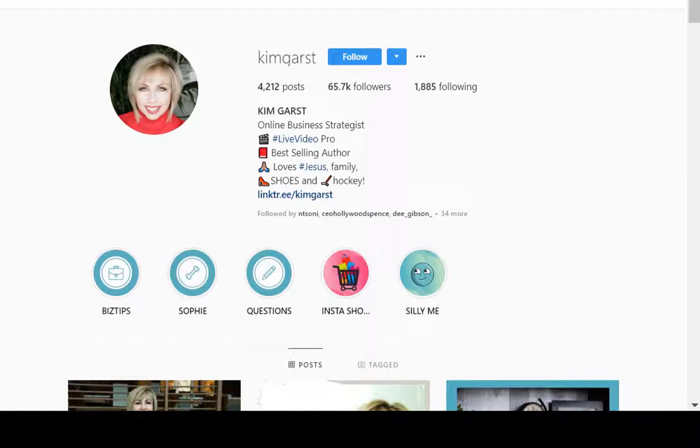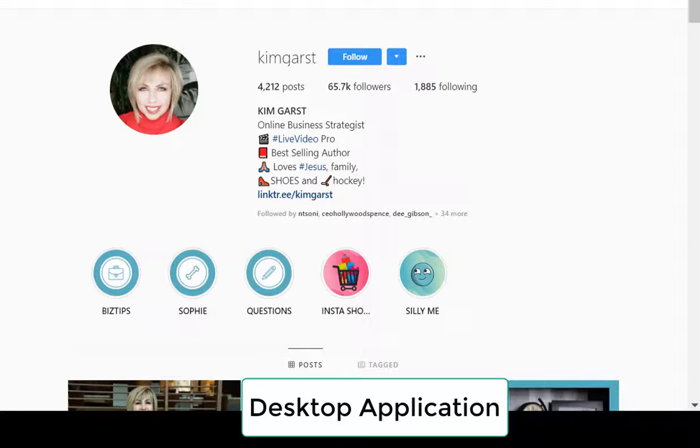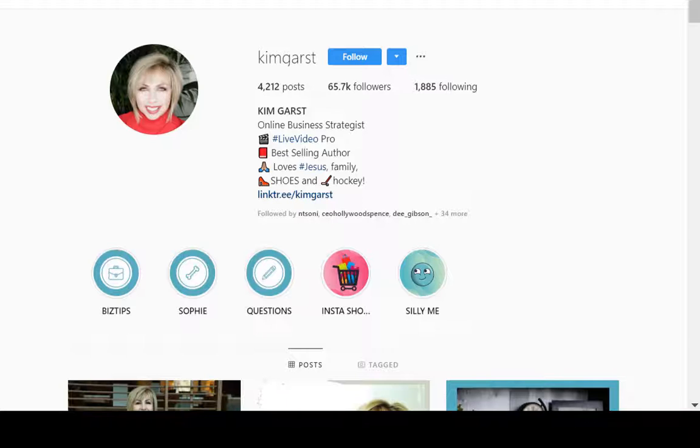Before we get started with this section, I want to state a disclaimer. Everything I'm going to show you, I do on my desktop, not on my smartphone. I use my desktop on Instagram because I like to have a standard keyboard where I can actually see the keys and everything. With that said, we're going to start off by looking at